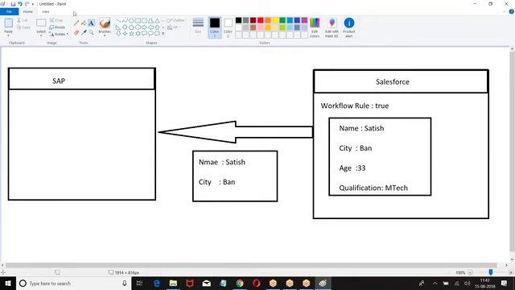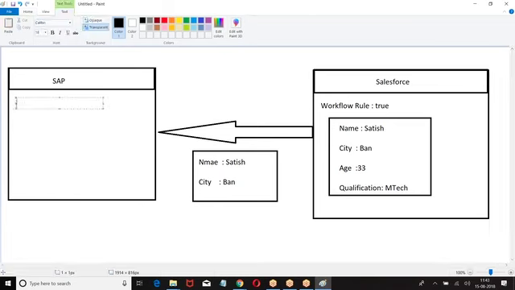How is this possible? Here, SAP people will define a web service program. Not we. That SAP people, or if it is Java people, or .NET people, they define a web service program, they give us one URL. What we need to do is copy that URL in Salesforce, and automatically the message will go to the third party. So who will define this integration program? Third party.